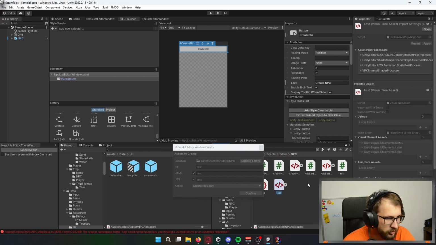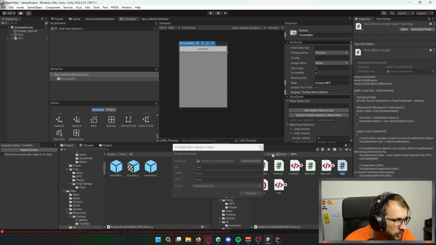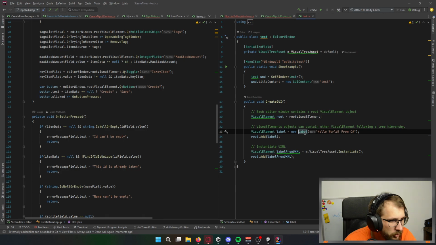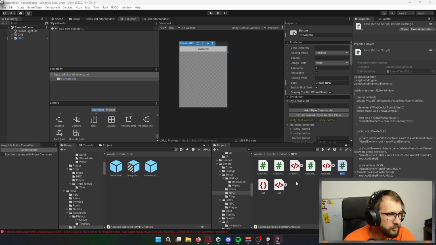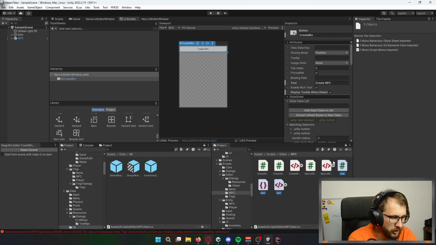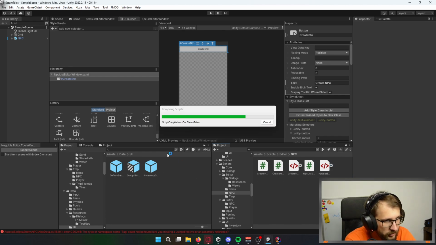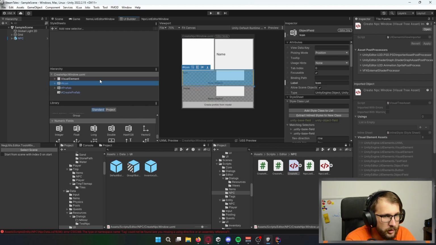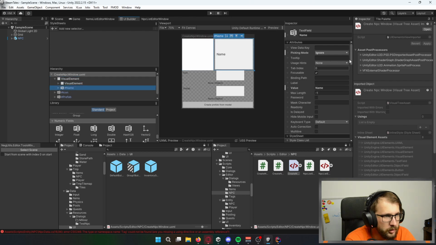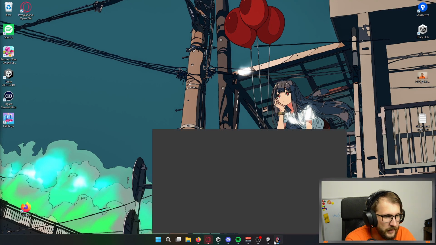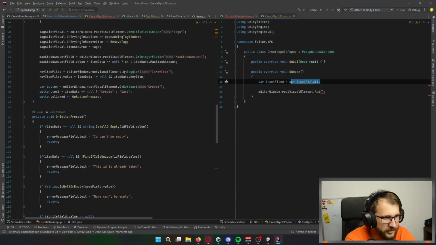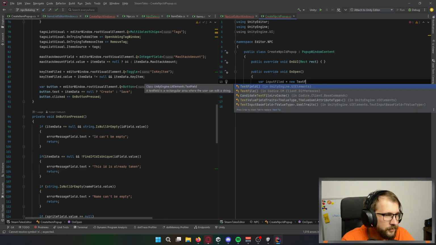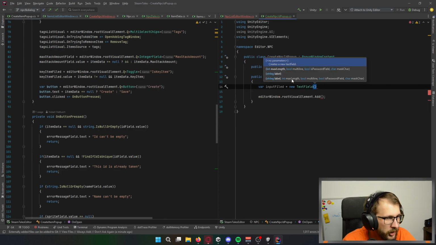Did you add it or not? Okay. So in this test, what am I doing? I'm going with new label, just like that. Okay. So to add an input field, I should go with input field. Text field. That is text field, not input field. Okay, text field. Now we're talking.